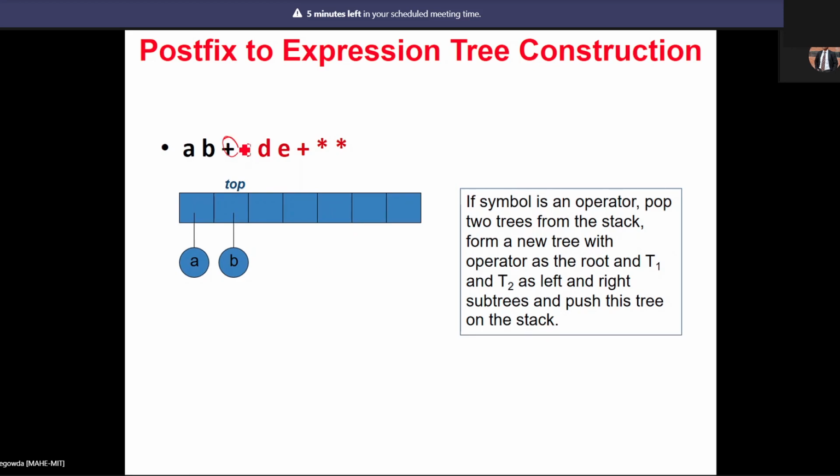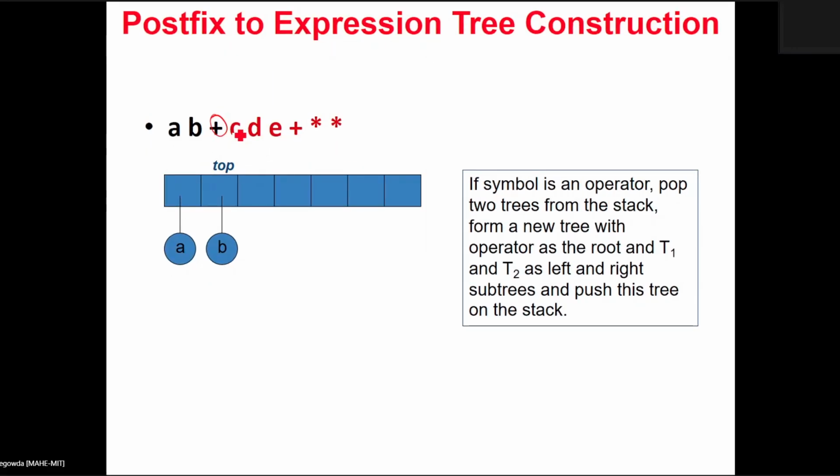When the symbol is an operator, pop the top of the stack twice. Two pop operations you are supposed to do.